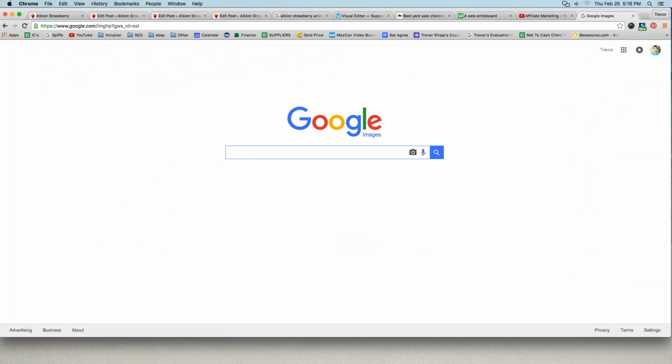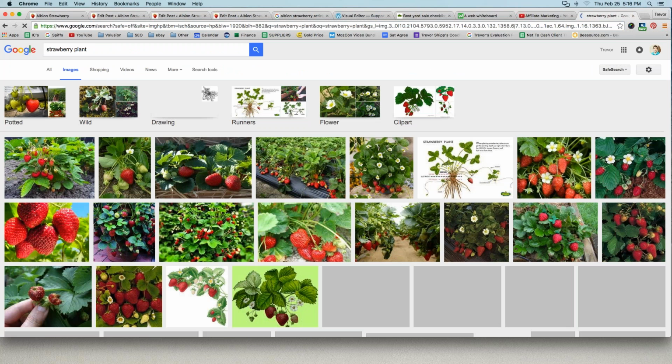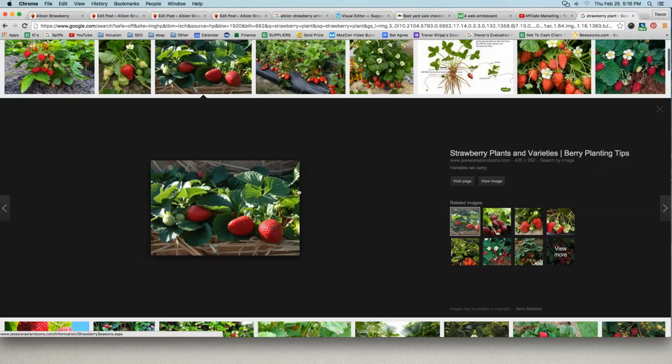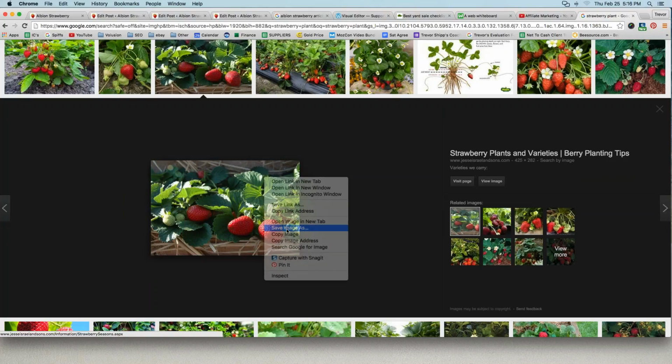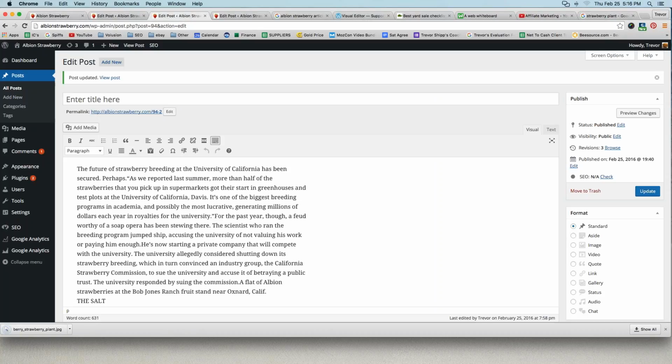We do a training on images and copyrights, and I really wouldn't advise you guys just to go to Google Images and just take whatever image you want. But in this case, I am, just for the sake of this example, because I need a picture to use. If you want to load a picture, and you'll often see